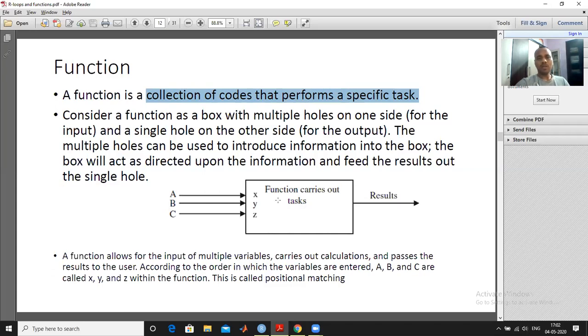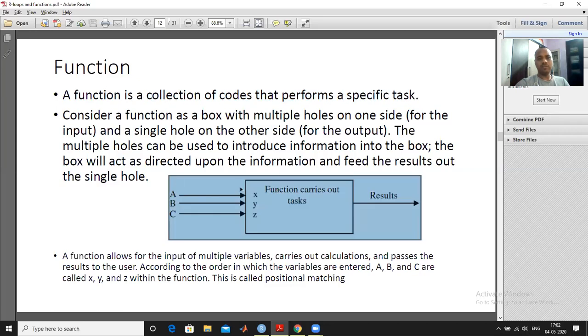So you can consider a function like a box which requires some inputs and produces an output. Each machine can be treated like a function. It is a box with multiple holes on one side for input and a single hole on the other side. So it may take many inputs and it will provide a combined result.